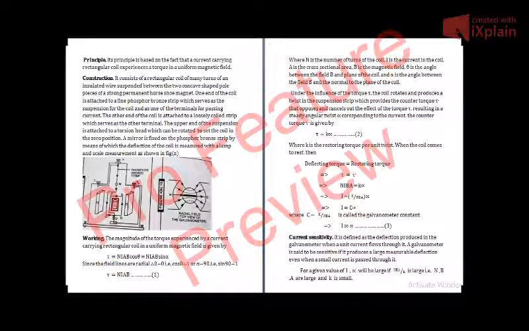Since the field lines are radial, they are acting radially here, so the angle theta between the plane of the coil and the magnetic field becomes zero, or alpha, the angle between the normal drawn to the coil and the direction of the magnetic field, becomes 90 degrees. Therefore, tau will be equal to NIAB. If you put alpha equal to 90 degrees, or theta equal to 0 degrees, cos 0 is 1, sin 90 is 1. So in both cases, tau becomes equal to NIAB.